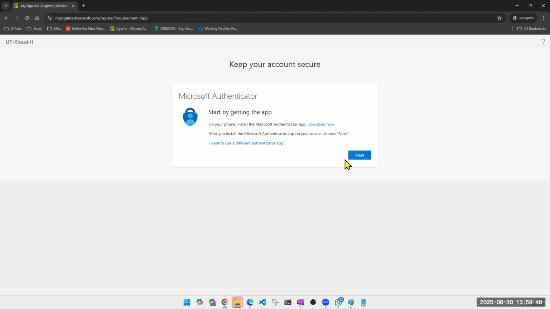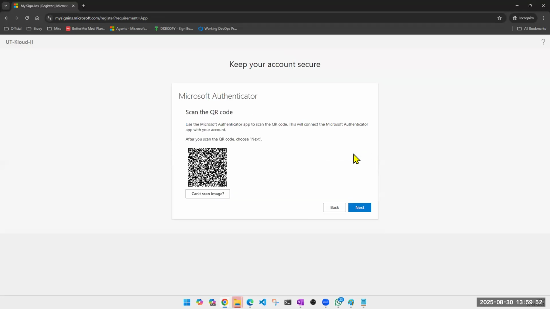This is very tedious. I'll have to do it, I guess. Initially, it used to give us some time, 15 days, that we could have without multi-factor authentication, but now it is asking from day 1.